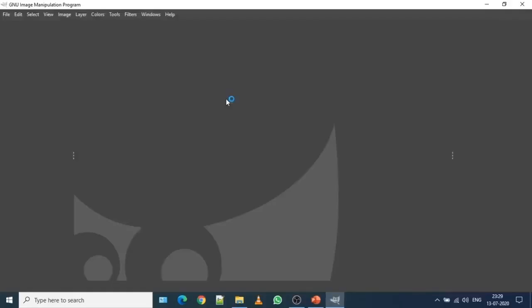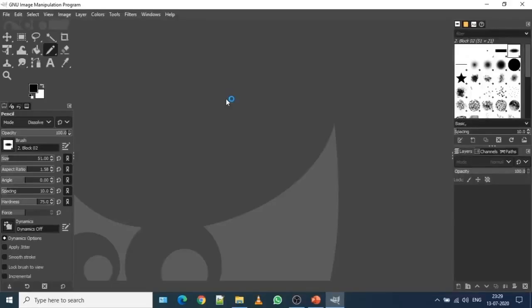Once it is on, as I said in the previous session, you will find the GIMP interface, which is the basic interface of all GIMP versions. It is a standard window which has three main windows on the GIMP screen. The left-hand side is your basic operation tools. Then the center part is your artboard where you create and edit your drawing, and on the right-hand side you deal with brushes along with the layers.